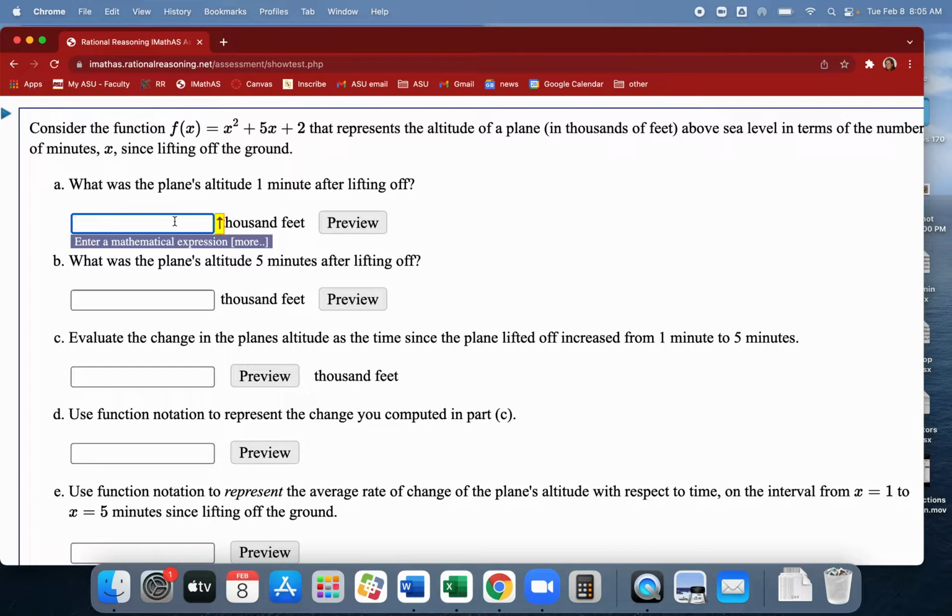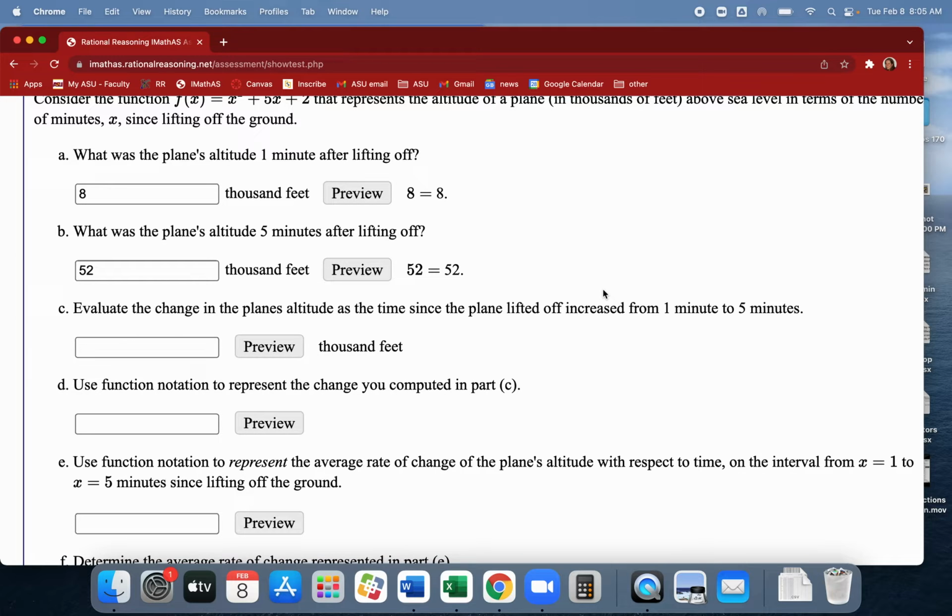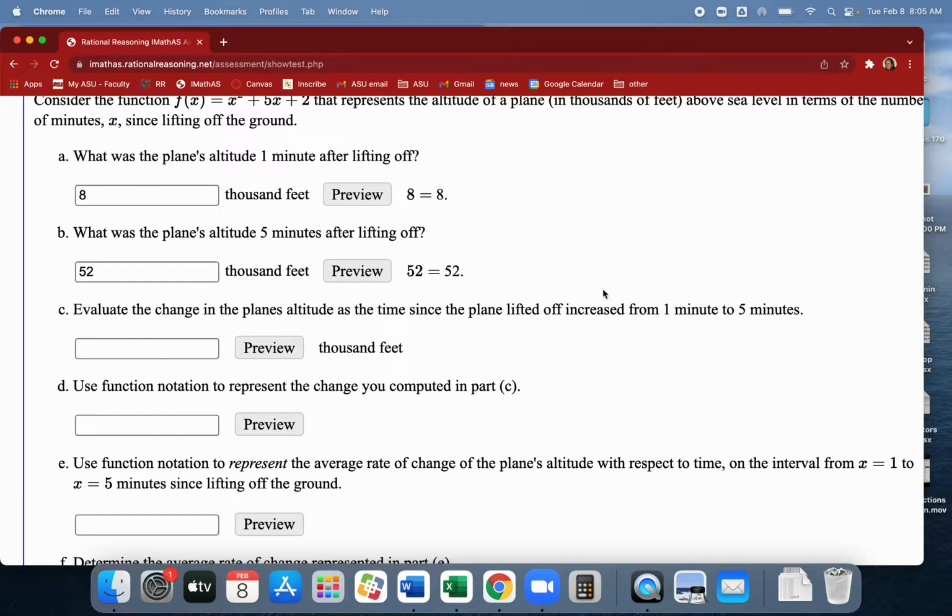So if I want to know the plane's altitude after 1 minute, all I'm doing here is plugging in 1. So probably do that without a calculator. 1 squared plus 5 times 1 plus 2. 1 plus 5 plus 2 is 8,000 feet, right? After 5 minutes, I'm going to have 25 plus 25 plus 2. 52,000 feet. So if I want to know the change in the altitude,